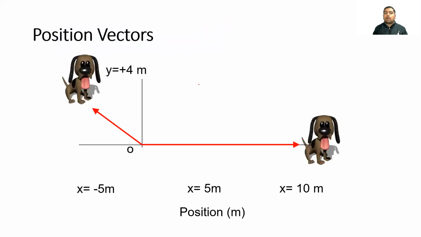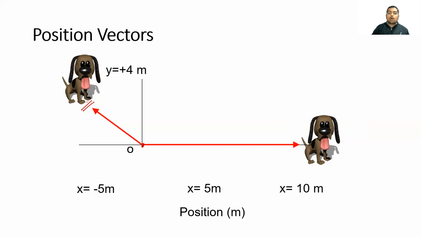Now, we talk about the position vector. The position vector is the coordinate axis which defines the position of any object from the observer. We can take the observer as the origin point, and the position of any substance that we observe from this origin is defined by the position vector.